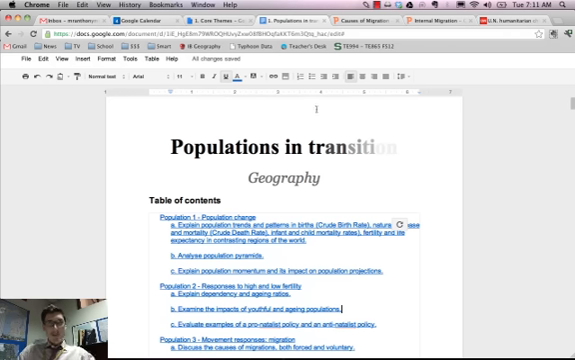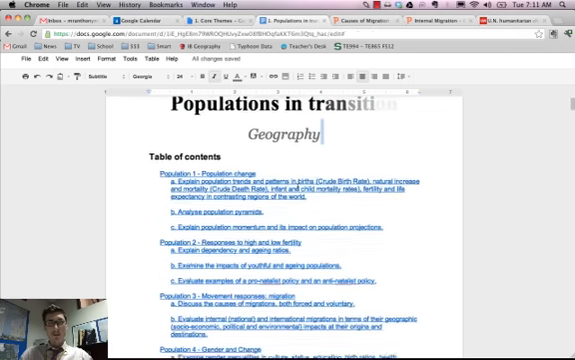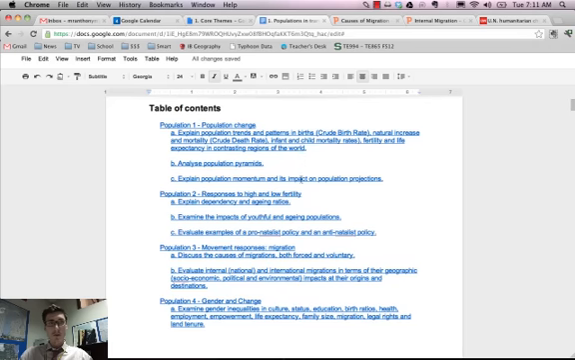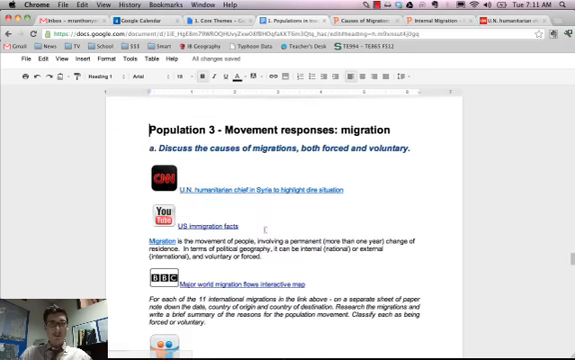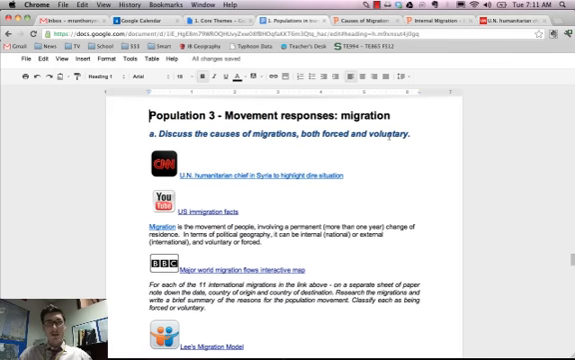Today I'm going to go over some migration stuff. So I'm going ahead in the unit and we're just going to do a bit of a rundown about what the IB wants you to know for the population unit in terms of migration. If you look down here, population 3 is on migration. We click on it. Brings us down here and we have to discuss the causes of migration, both forced and